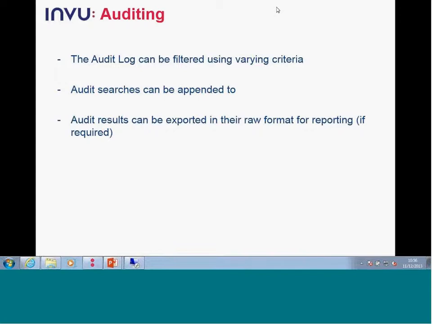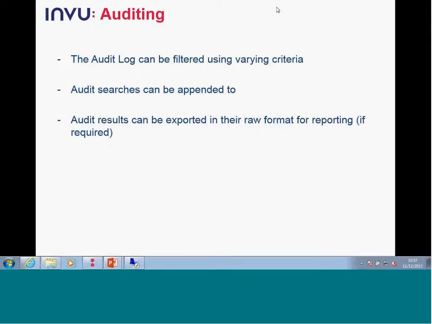If you expunge a document, it's permanently deleted and can't be restored. It's just like emptying your recycle bin on your computer. If you empty your recycle bin, you won't be able to retrieve or restore those documents again. Whereas if you just delete a document, which effectively in Invu sends it to your recycle bin, once it's in your recycle bin, you can restore from there. But once they've been expunged, they're permanently deleted,